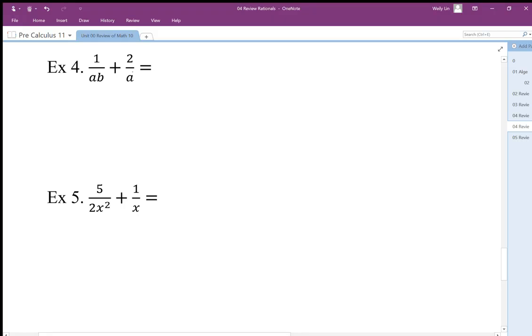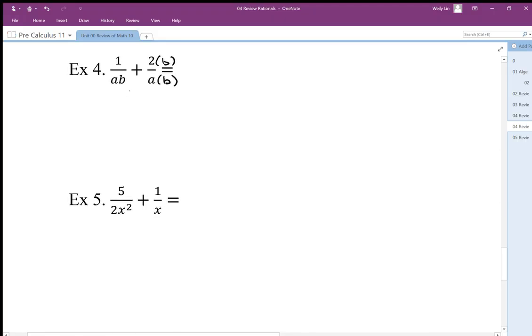I look at the denominators and I ask myself what factor is missing from one or the other. In this case, these have factors of a and b. This has only a, so this one's missing a factor of b. So then I need to times by b on the top, times by b on the bottom. This gives me my common denominator, and I end up with 1 over ab